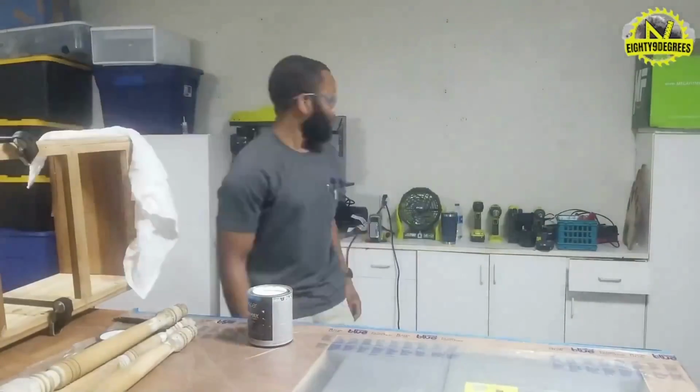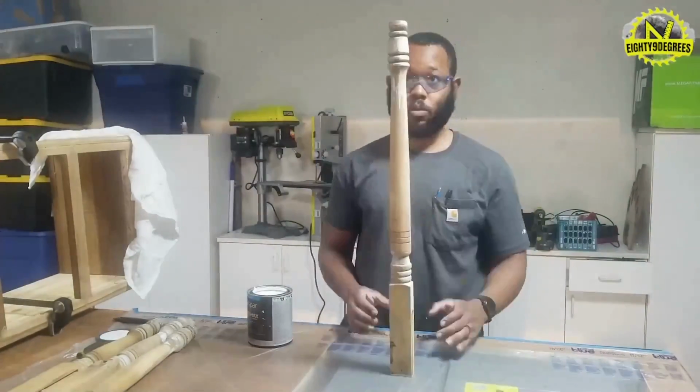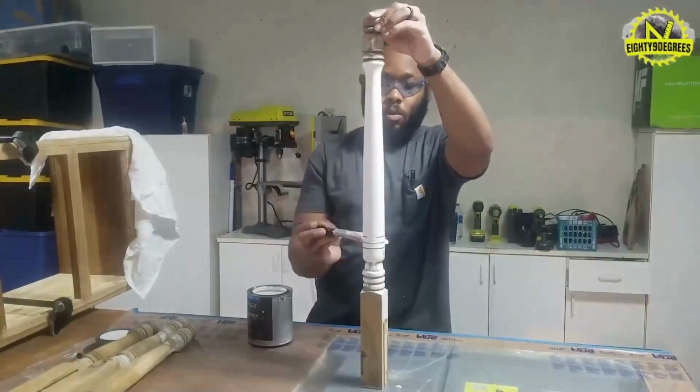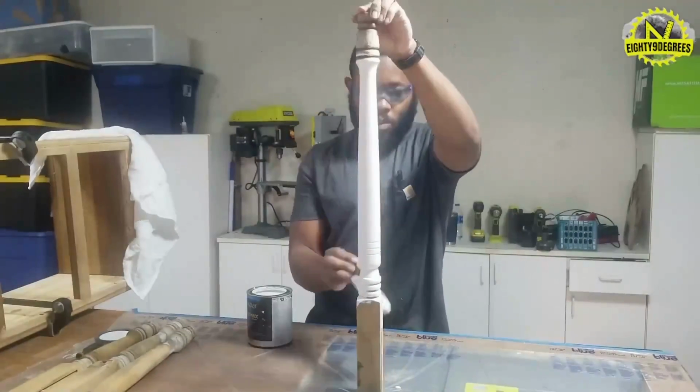Now I've gotten the top glued on, nailed down. Just about to start on painting the legs. One thing I will say while we're watching me paint,